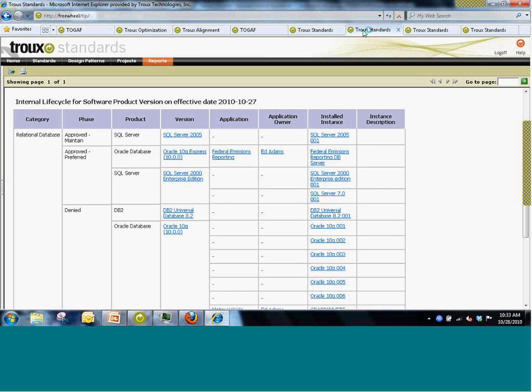Or you can assess your current portfolio compliance to your published standards using the portfolio assessment report. This report, as you see here, helps identify areas of risk and factor them into your transformational programs. It's probably worth mentioning that the current portfolio, as I've mentioned earlier, was probably collected automatically from the operational CMDB via true collection. And as we see here, we have a number of instances of Oracle in the production portfolio that are in denied state. We need to address this in our refresh cycle.